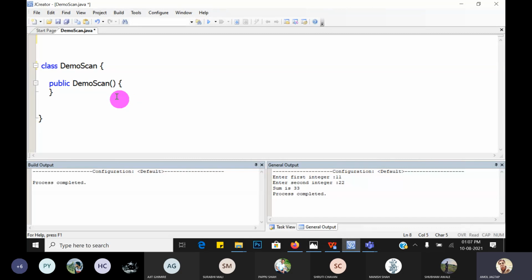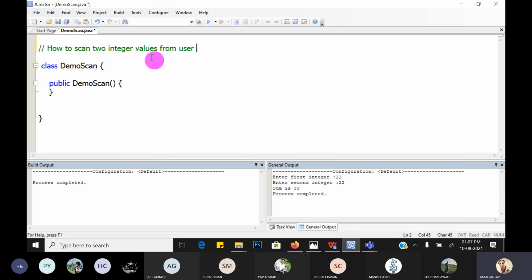Let's start with how to scan, suppose, two integer values from the user. Guys, we know in C language there is a scanf function for taking values from the user.